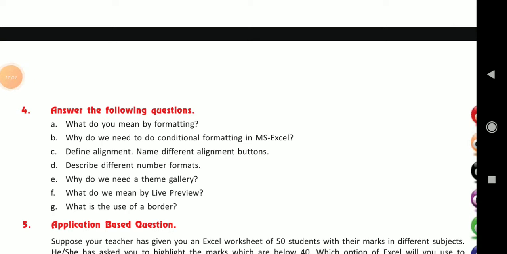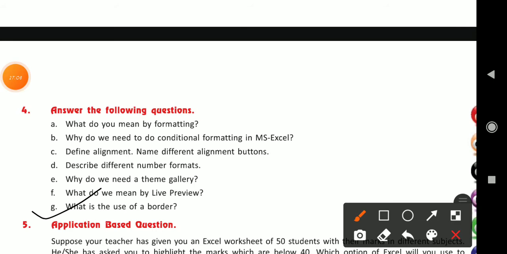Now coming to our last question, G. What is the use of a border? So you can see that border. What is the need? Border can be added to the cells for separating the data from surrounding cells. So you can write: border is used to separate the data from surrounding cells.